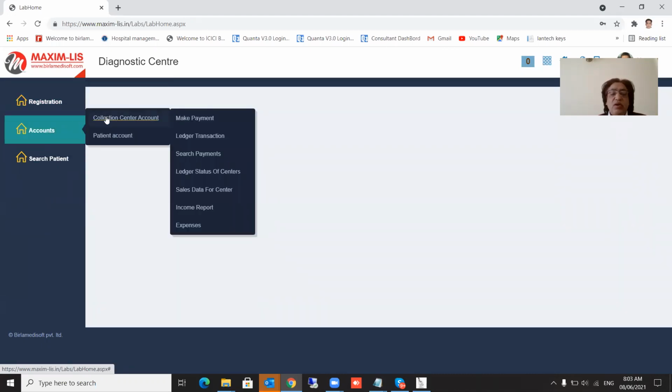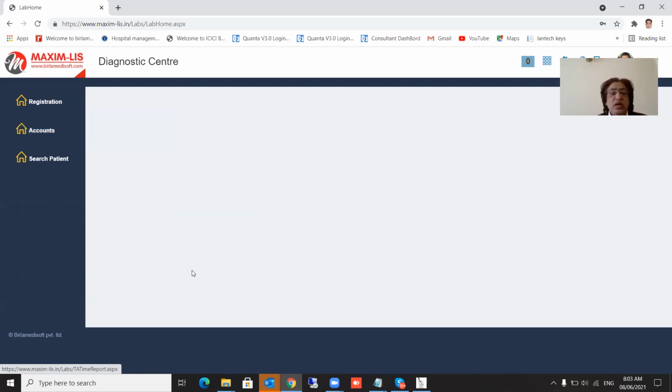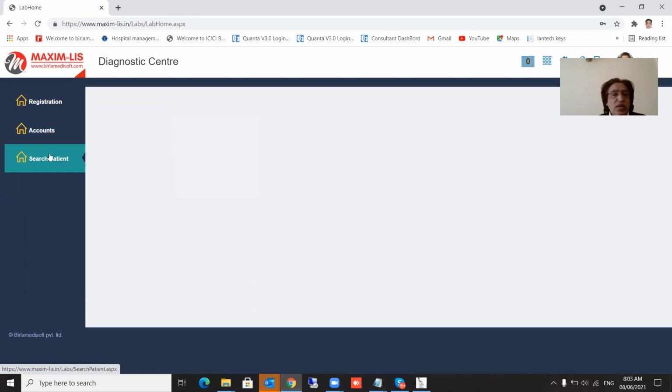Collection center can see their accounts online. They can register, they can pay the fees, and see what the charges are. They can see how much their charges, balance, and everything are. The ledger transaction they can maintain. Everything they can do online. And in patient account, they can generate the patient billing. So they can generate a bill and see how much is the collection. Everything they can see online completely. They can also see the turnaround time report. TAT report is there. So from the ordering of the test to the completion of the test, the complete turnaround time can be received, and they can search a patient.